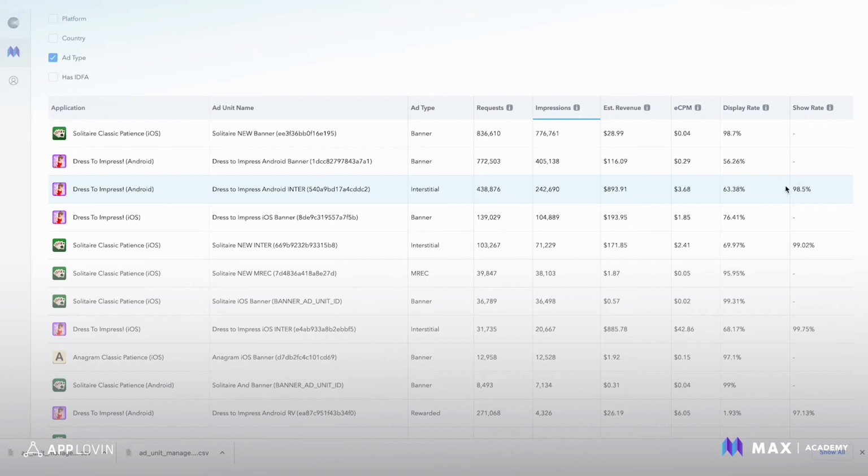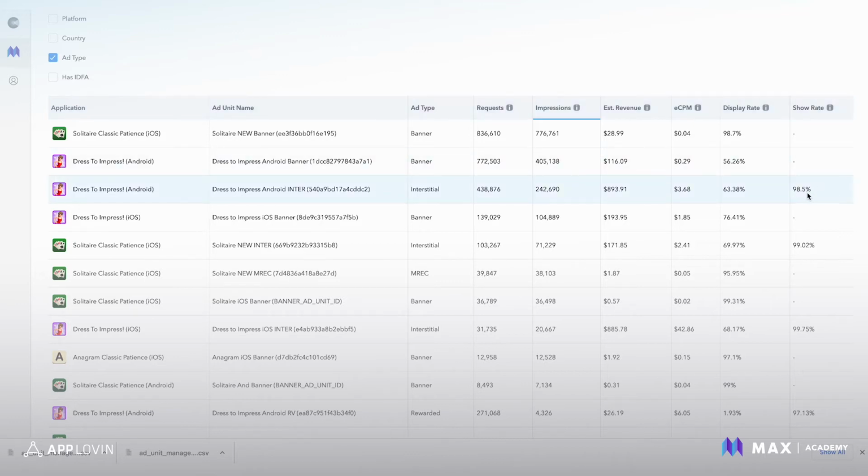You should be familiar with the majority of these metrics. Two metrics that may not be familiar to you are display rate and show rate. Display rate measures the percentage of cached ads that actually are triggered. What that means is most of the ads are requested at app open, and then they have time to fully download, and then they're just cached and waiting to serve when it's time. So as a user is playing a game or just within your app, they'll hit the trigger point to make the ad display. And that's what display rate is: when a user triggers a cached ad.